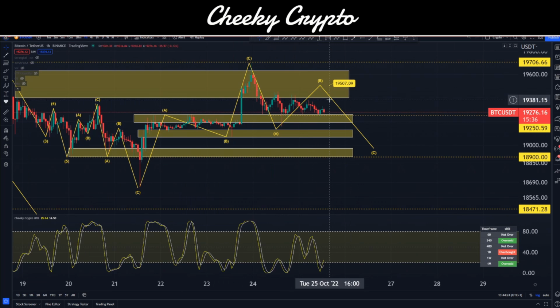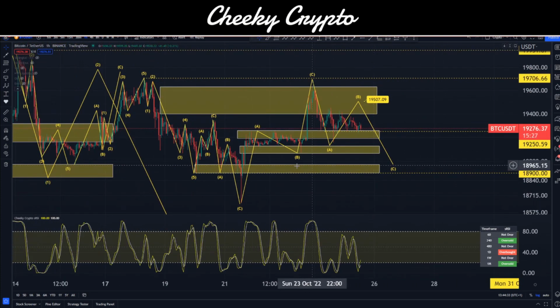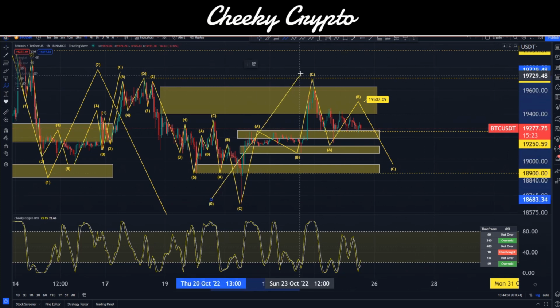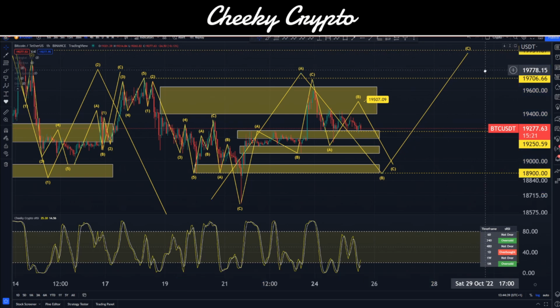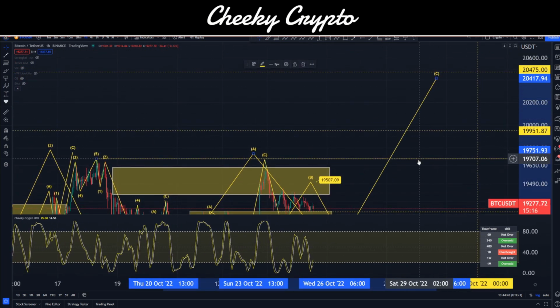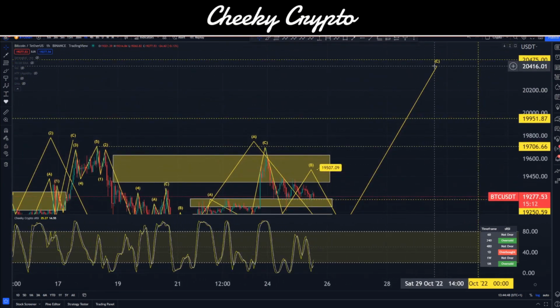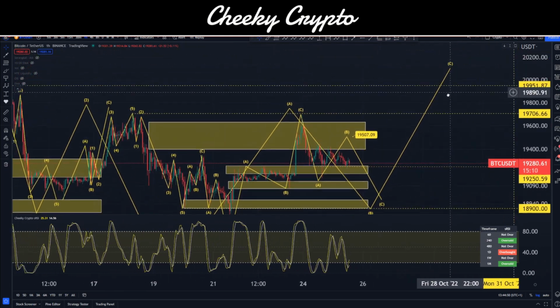Okay, and of course, if we are looking at this, then we're going to want to see whether or not this is going to be anything more major, slightly longer term. Do we drop down more significantly or not, and so forth. Okay, now all of this could be articulated as a bigger move, which might look like this eventually, and it takes us up towards, I think it was actually, yeah, up here towards our $20,475 level. Now that's a bit on the higher side considering the scale of where we're talking about dropping down, but you kind of get the idea.